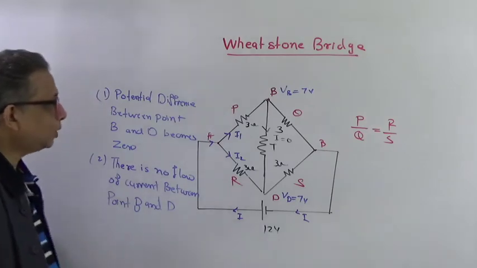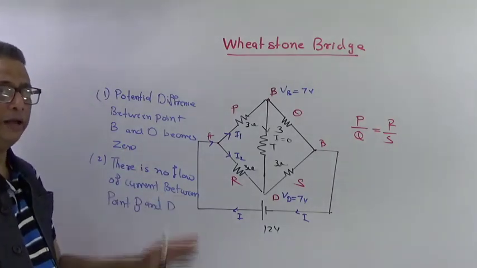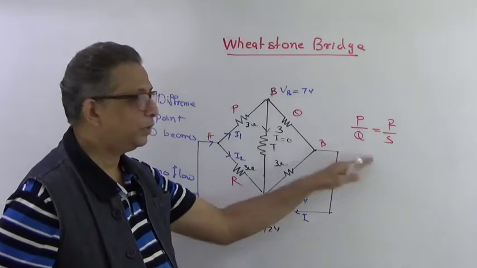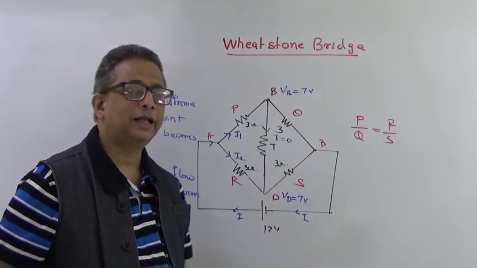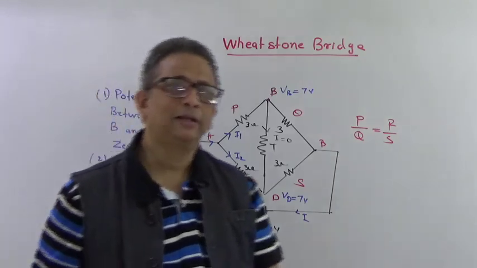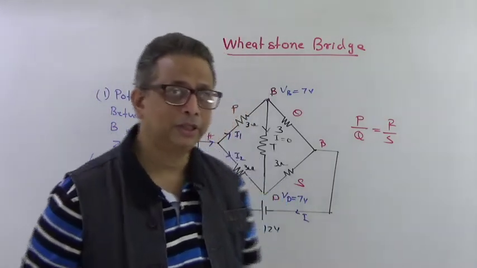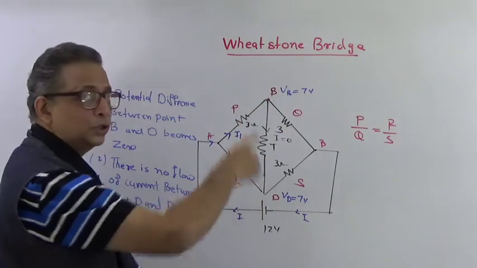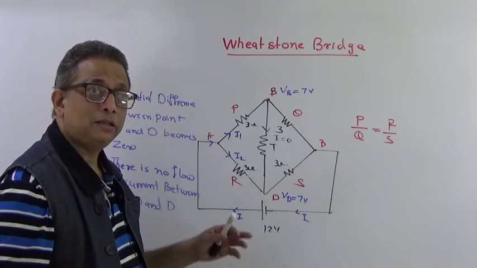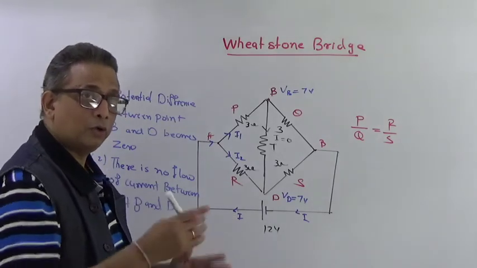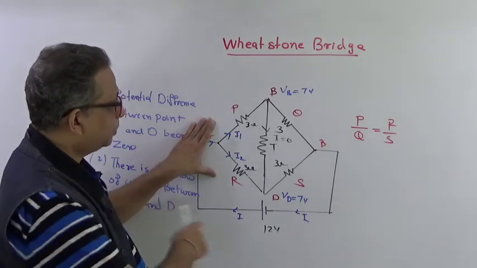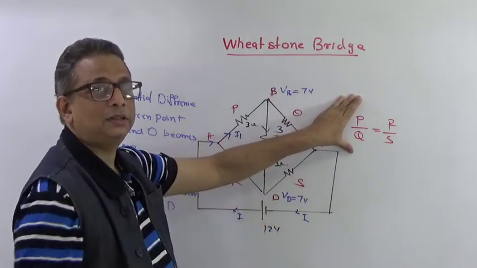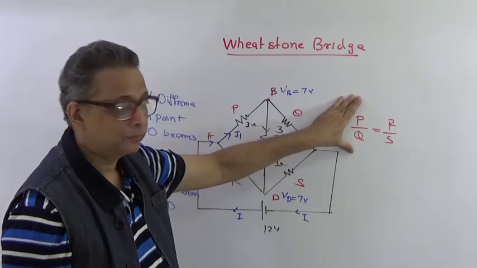Okay. But here we have one saviour, and that is what? A Wheatstone bridge. In such a condition, you have to check whether it is a balanced bridge. First thing is that you should recognize this form as a Wheatstone bridge. They can draw this in some other form, but you have to redraw it in this form of a bridge, because you want to check whether this situation exists for this configuration or not.